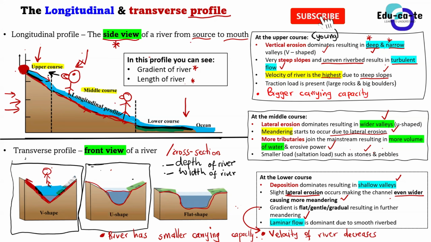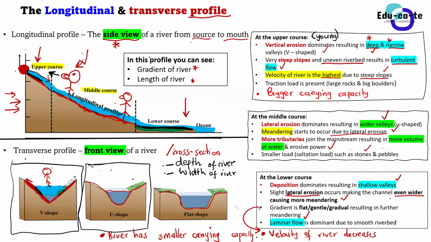And then now, obviously, if the river has a smaller carrying capacity, it will not be able to continue carrying the eroded material. Instead, it will deposit it. So now deposition will be the main process that will be dominant due to this lower carrying capacity. Guys, did you hear how I answered this? A question comes to you. Explain why deposition is the main fluvial process taking place at the lower course. 8 marks, paragraph. You move with it, guys.